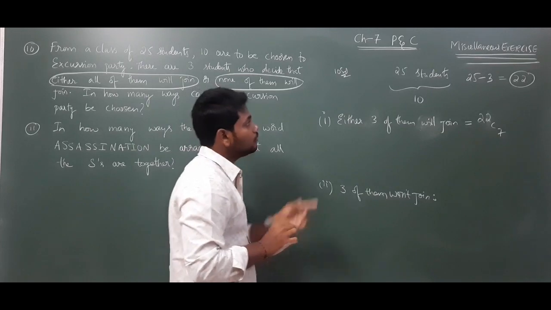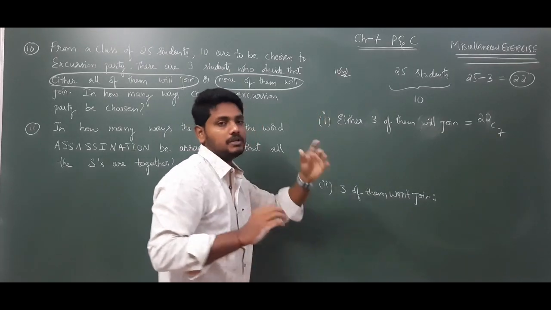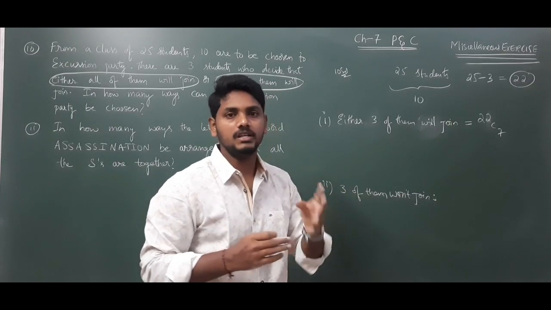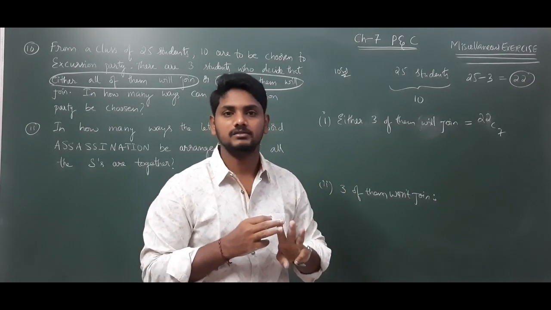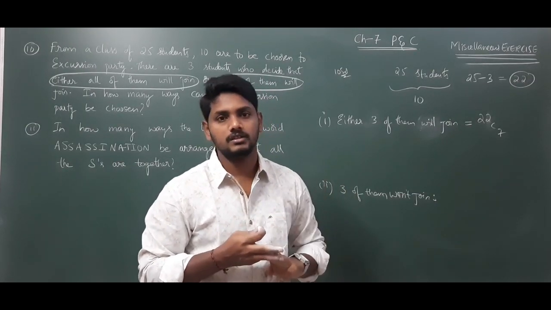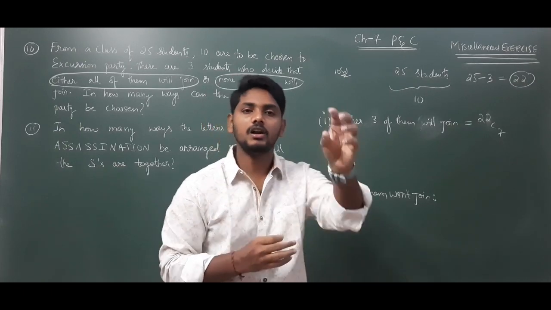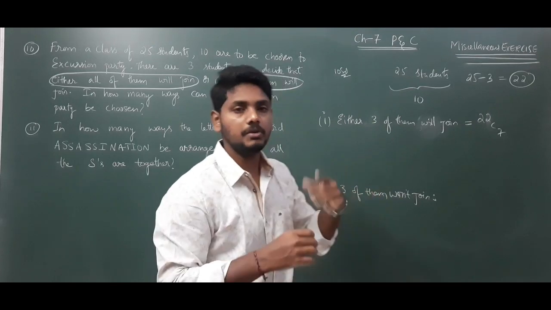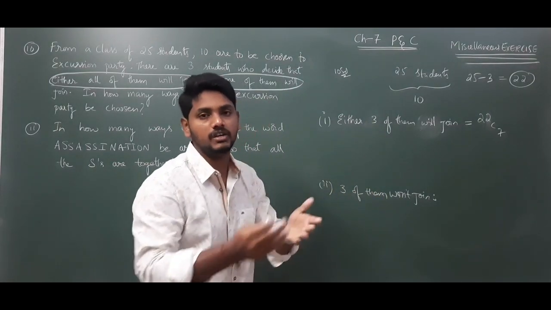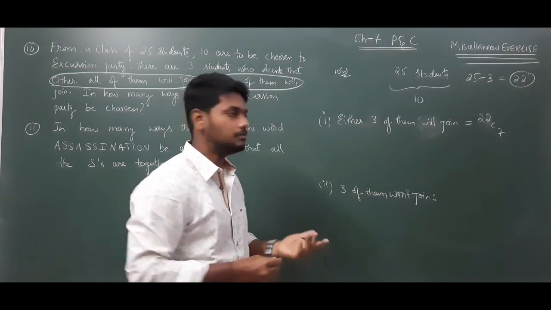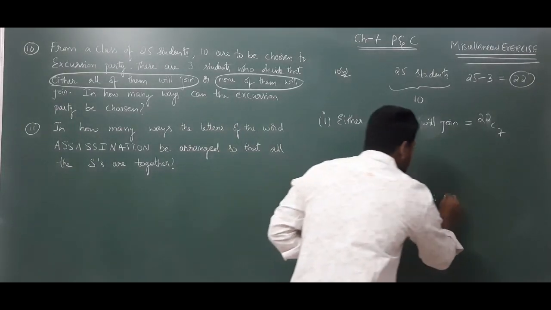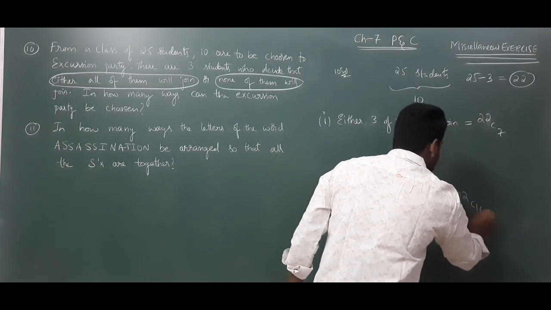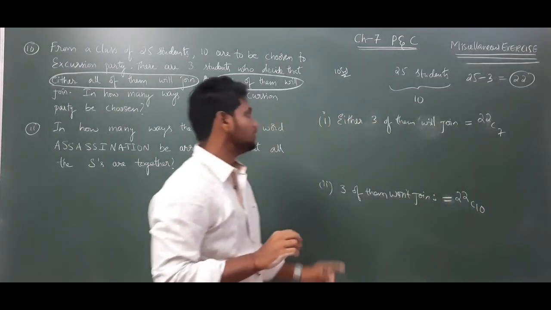So out of 25, for example in your class, if you want to select 10 members and 3 are ill, for example if they got fever, then to select 10 members we will delete those 3 members, right? So remaining how many will be there? 22. Out of 22, how many do I need to select? 10 members. So if 3 of them won't join, it will become 22C10. I think you understood.